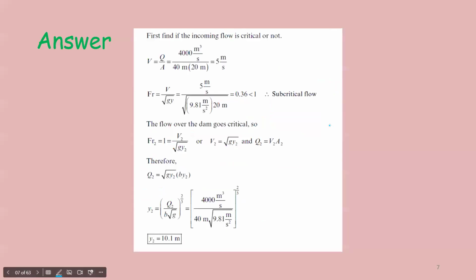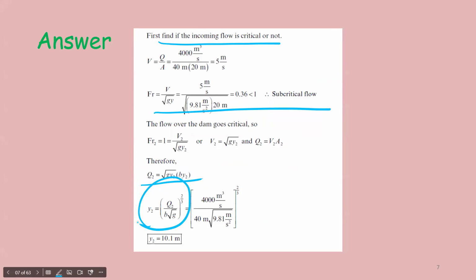And that's the solution. Here it says that we should make sure that it's critical or not. Check that if it's subcritical, then start finding this one. It used the main equation, but since I know that I have the easier version, I use the